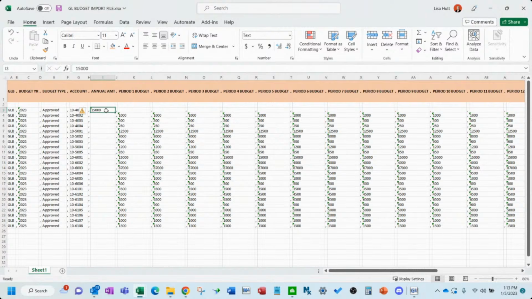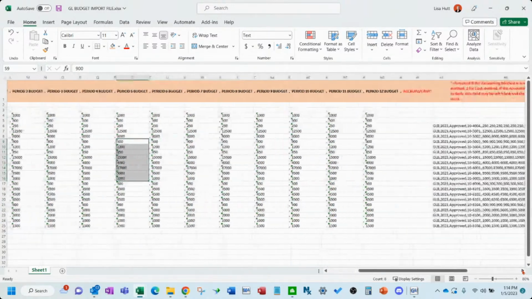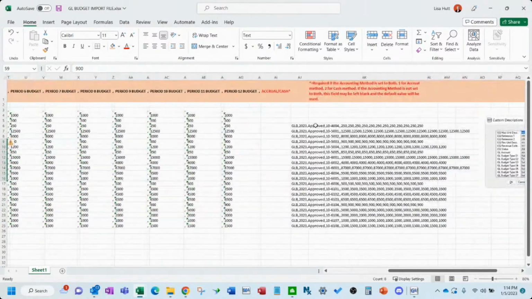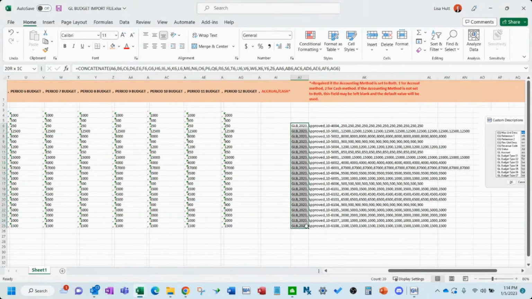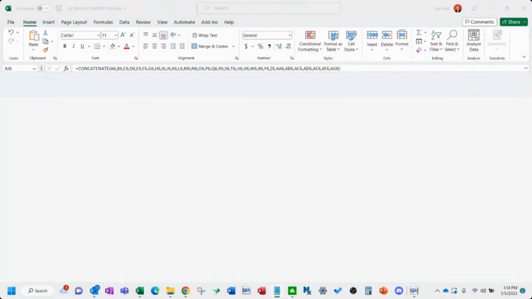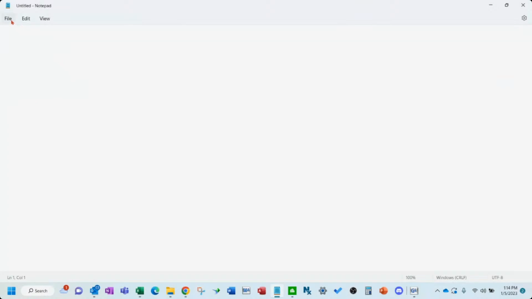So basically, it's pretty self-explanatory. But if you want an annual amount only, you can put that in here. If you want monthly amounts, you put those in here. And what it's going to do is spit out the information that you need to copy to your text file. Okay, so this chunk right here, I'm going to copy to a text file.